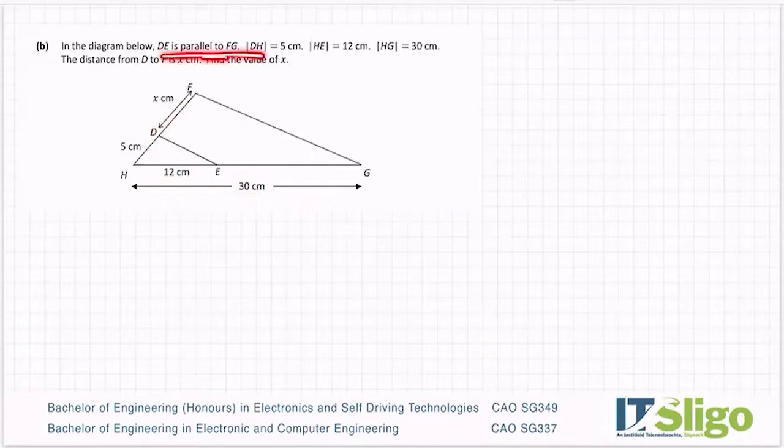Okay, and we have parallel lines. So I'm going to put in my little tick marks on my parallel lines. So DE is parallel to FG. So those little arrows there mean parallel. Okay, so it's always good to mark them in. From an angles point of view, it means that the angle up there is actually the